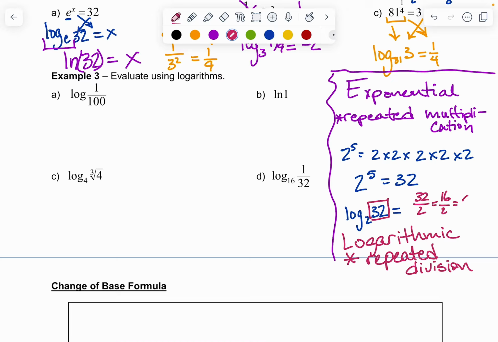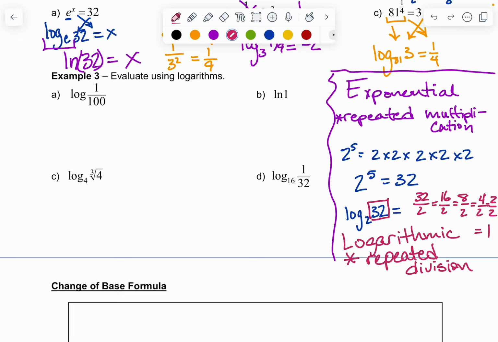Divide by 2, that'd give me 8. Divide by 2, that'd give me 4. Divide by 2, that'd give me 2. Divide by 2, that'd give me 1. And I was able to divide 1, 2, 3, 4, 5 times. Just like up here, I multiplied it 1, 2, 3, 4, 5 times. So I just felt like adding that in just in case you were having a little trouble conceptualizing exponential and